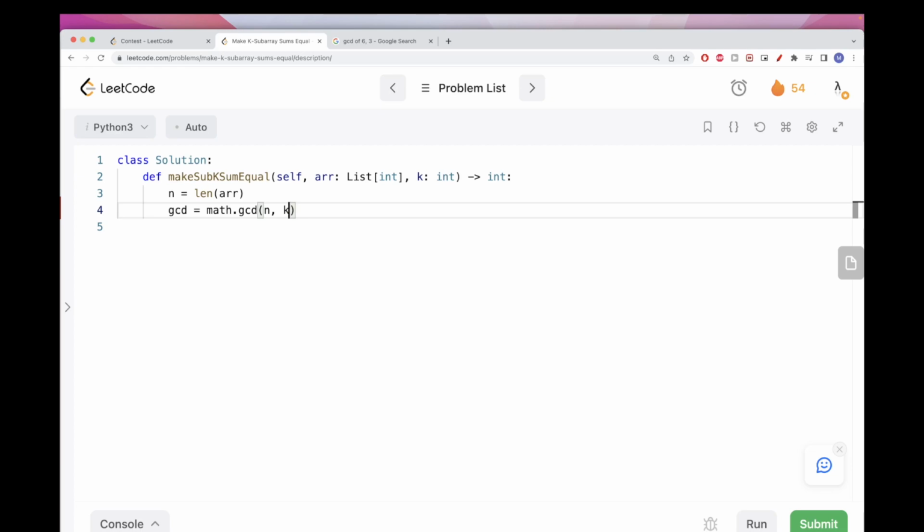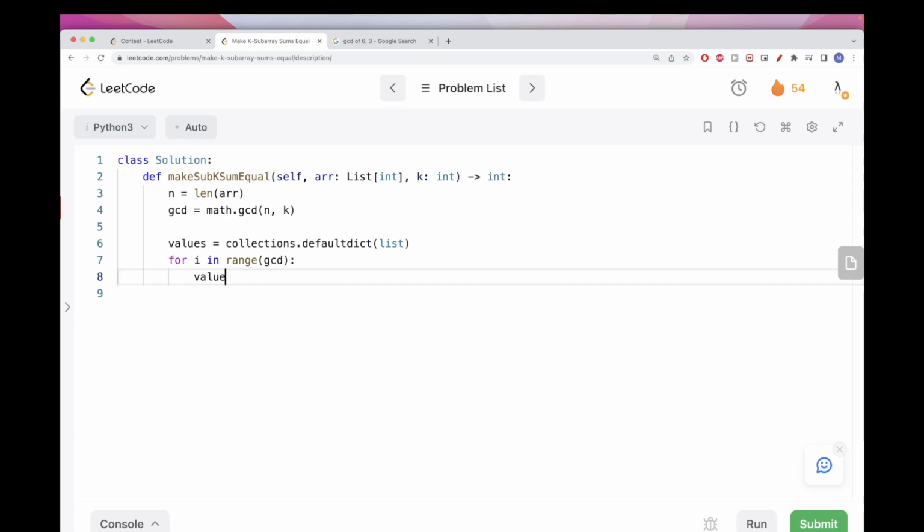And so we can just have our collection that we mentioned, which will default to an empty list. And then we'll go for I in the range of that GCD. And then for each values for that I, we are going to append